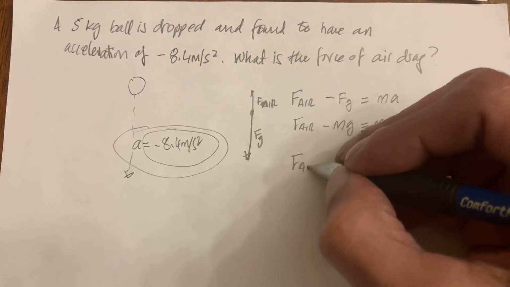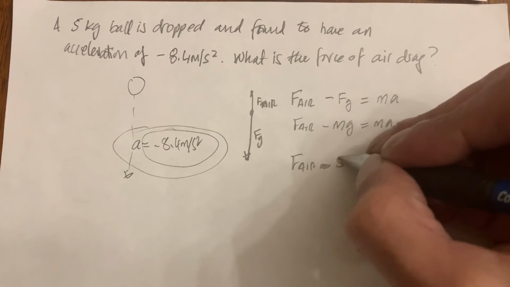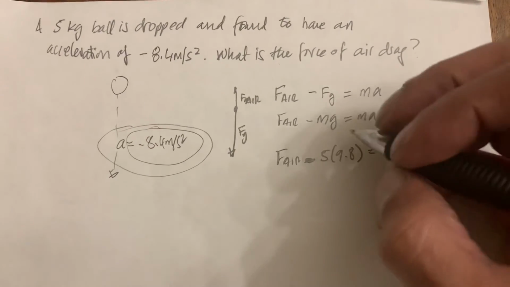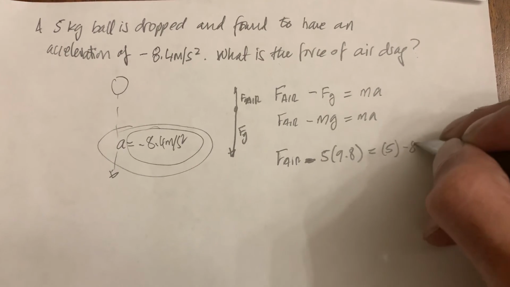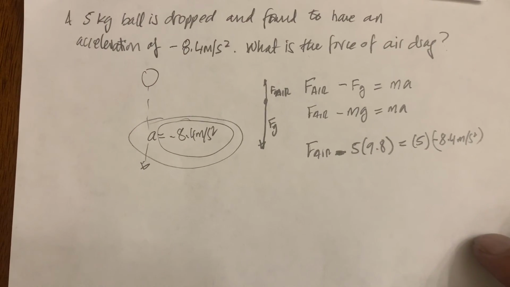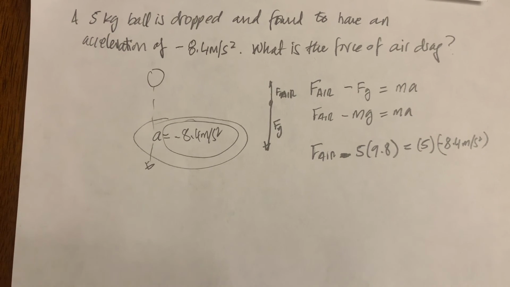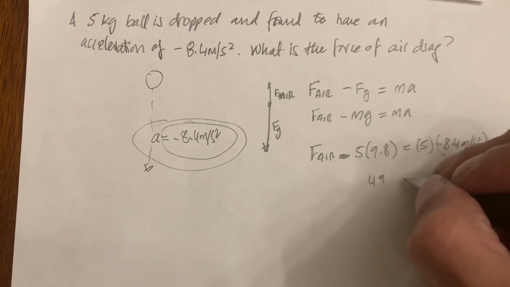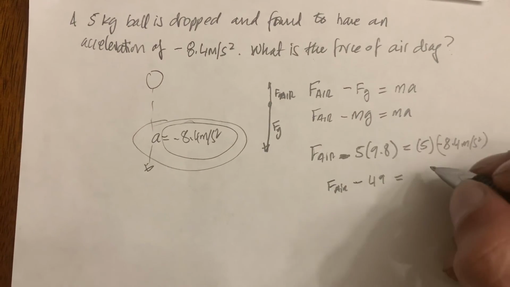The F air would then equal to minus 5 times 9.8 is equal to the mass of the ball again, which is 5 kg, times negative 8.4 meters per second squared. And so all we do is chunk in the numbers. 5 times 9.8 would be 49, so F air minus 49 is equal to 5 times,